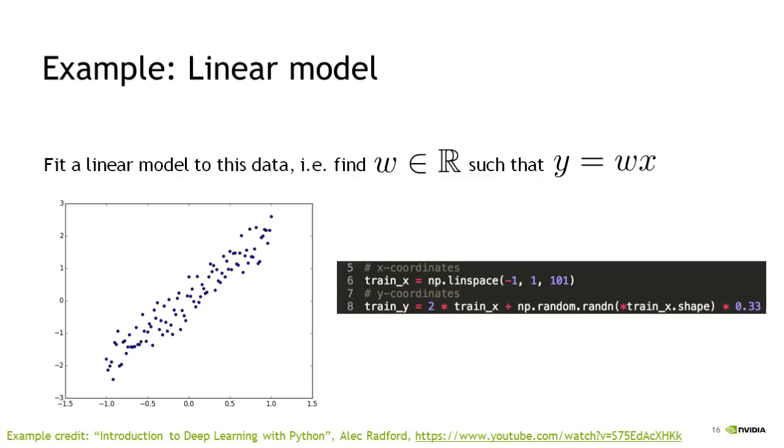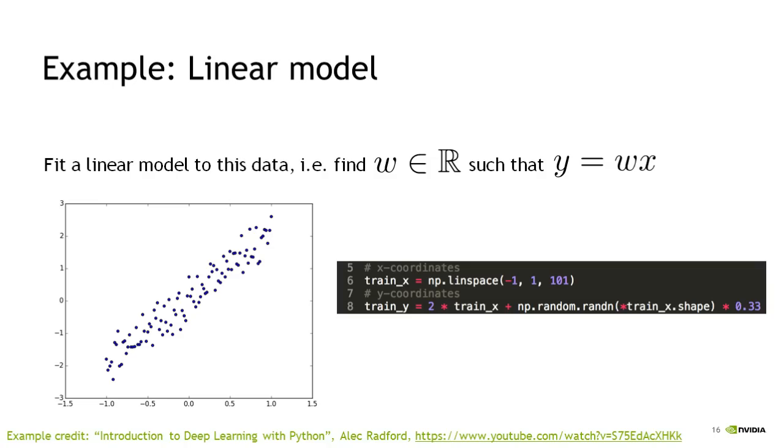Okay. So moving on to a slightly more complex example of how you would apply Theano in a machine learning context. This example is still not a deep learning context. In fact, this is just going to be simply fitting a line of best fit, if you like, to a scatter plot of data. So we're going to try and fit a linear model to the blue scatter plot of data you see here. The Python code on the right shows how this data was generated.